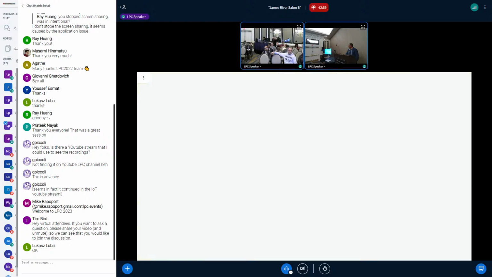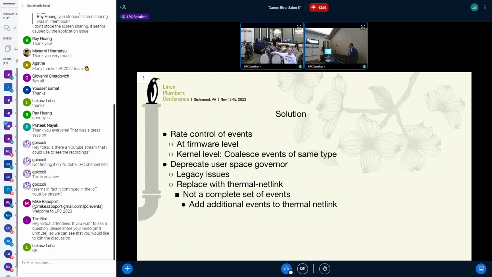So that's the issue. One solution, in our case, is that when there's a problem for the user, we could rate control the event at the firmware level. We just set some value so events don't come so fast, and we could program that at BIOS level. That was a good mitigation. But if we really want to solve it, we need to coalesce all events at the same time in user space kernel. Currently, it just blindly sends the moment you call. So that's one option available.